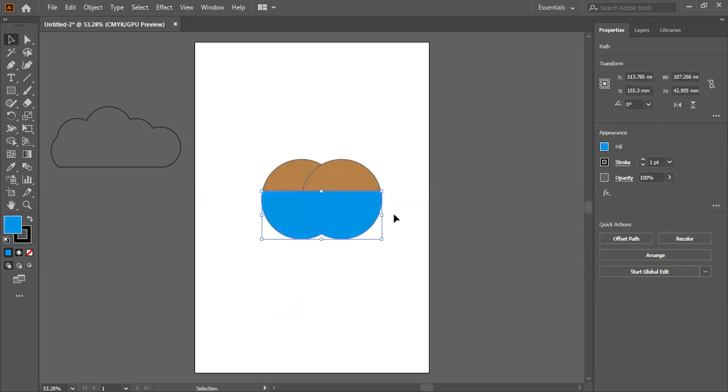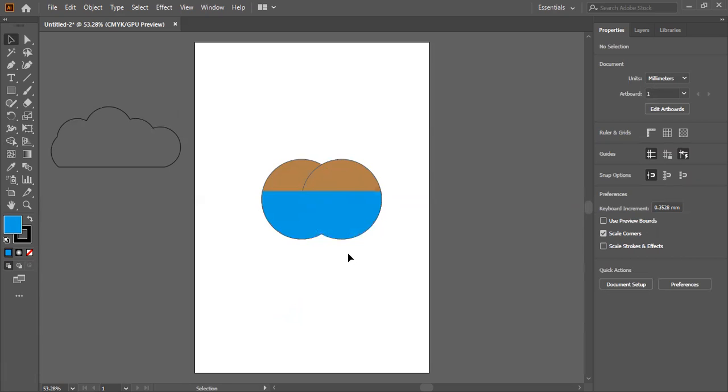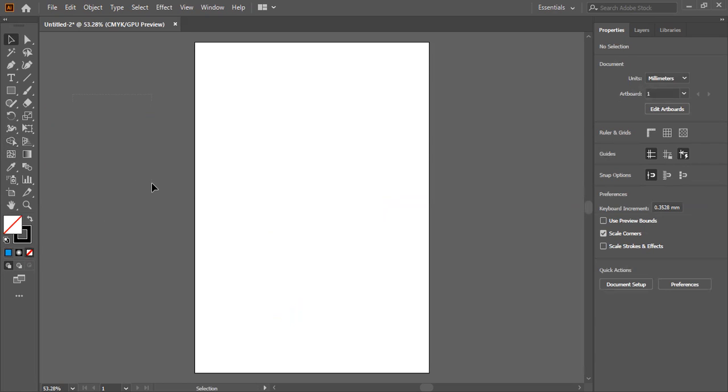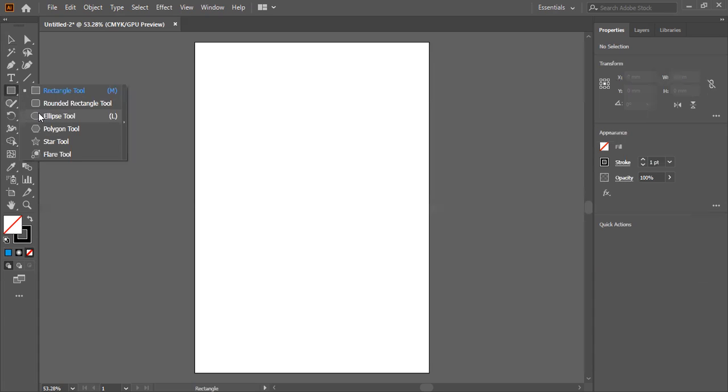Okay. So those kinds of excluding and including that we have done using the Pathfinder tool can also be done with the shape builder tool. Okay, so just for you to practice, I'm sure you have got at least some idea from that. So just for you to learn and practice it, I will draw an art, and using that art, you can also practice it by yourself. Okay, so I will make a simple one,